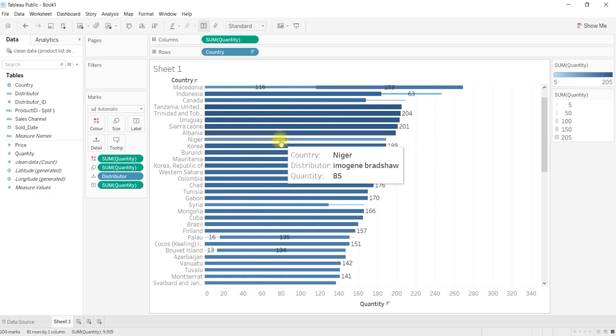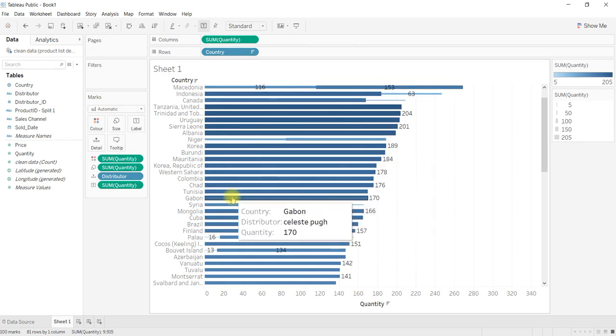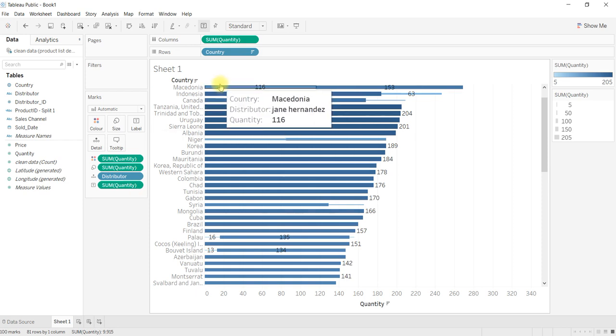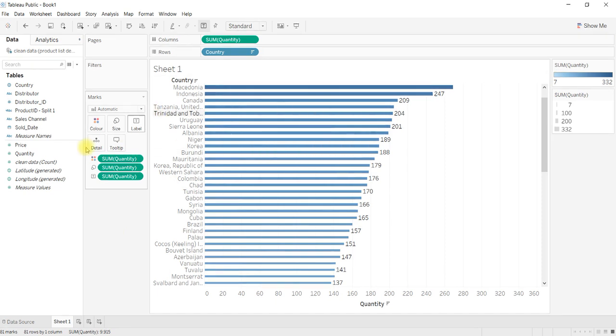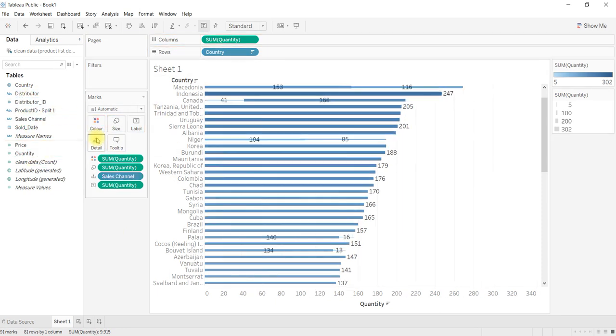Like that it will be split. If you would like to split the detail within a particular country, for example, country-wise, I would like to check channel in detail. So for each different channel, a different split has been applied.